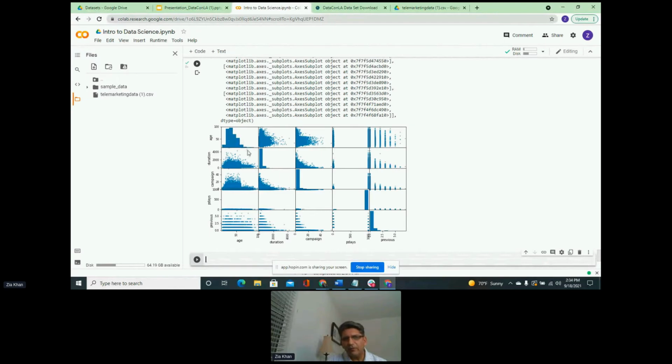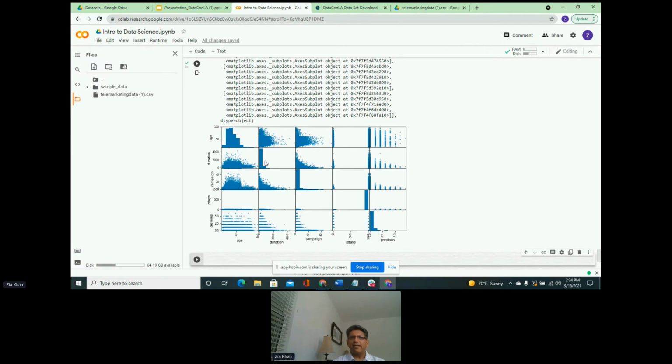So again, if you look at this diagonally, these are histograms. This is what is good about scatter matrix, that diagonally they are histograms, and individual columns are all scatter plots between. So this is a scatter plot between duration and age. This is a scatter plot between age and campaign.